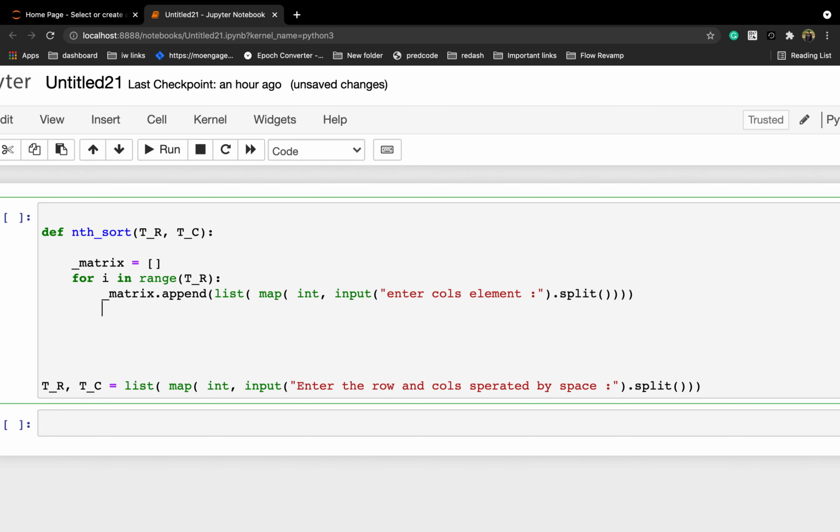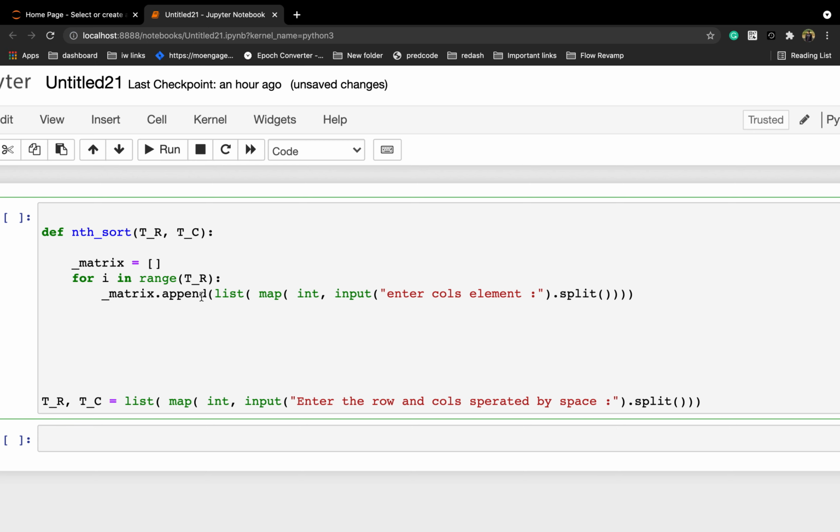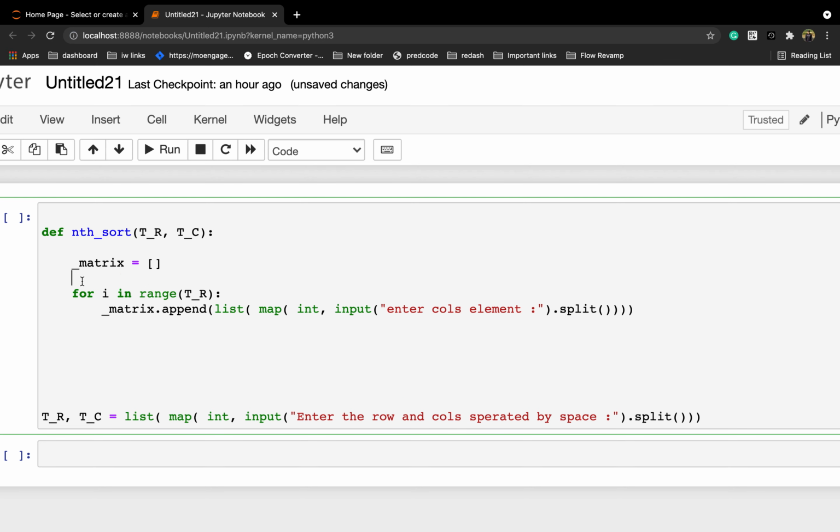So at i equal to 0, it will ask the end user to enter column elements, let's say 1, 2, 4, whatever you have provided, separated by space. So it will split, similar to what I told you, and it will create a map object, and then I'm casting it to a list, right? So we have already got the input matrix.